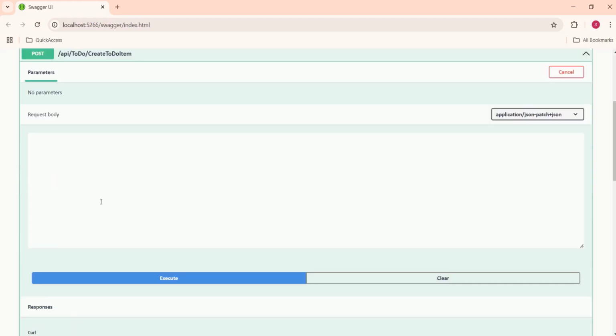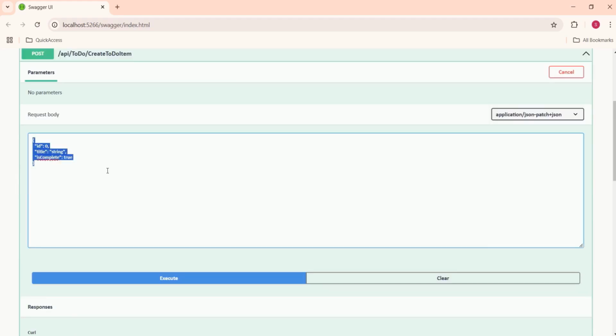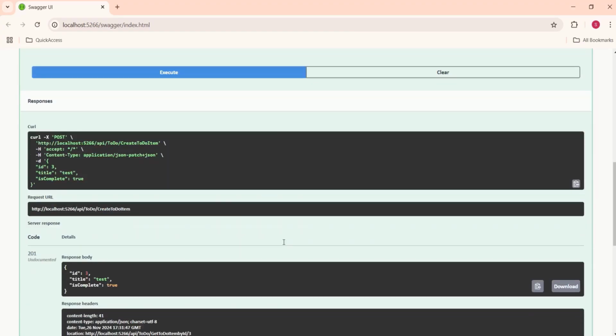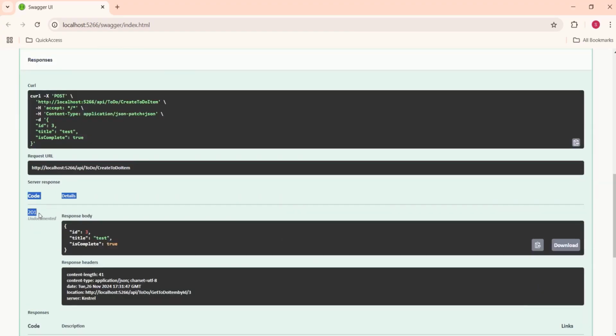At the same time, instead of this, if I give some value, let's say some value, now I will execute this request. I have given some data. This has to create a new to-do item. See, now this is the response.